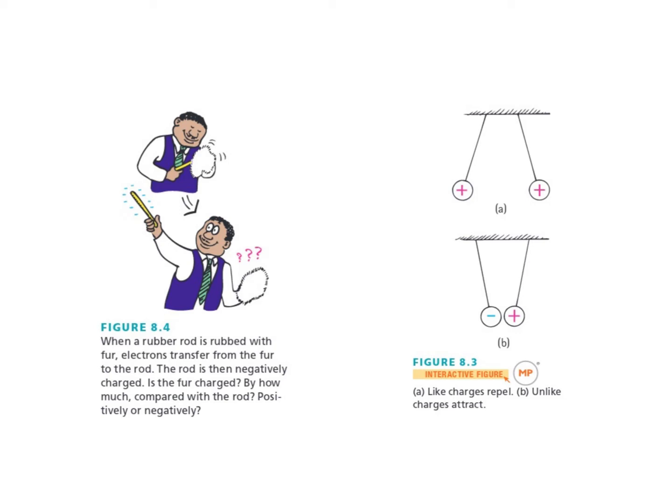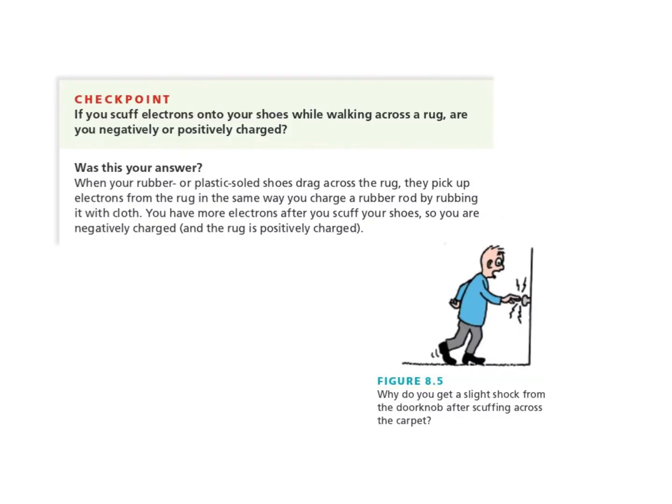We've already seen conservation of energy and conservation of momentum. The conservation of charge says that the total charge of a system is constant. Now charge can move from one body to another body, but if one body gains a charge, the other body has to lose the same amount of charge. The charge is conserved. Now, here's one of our checkpoint questions.